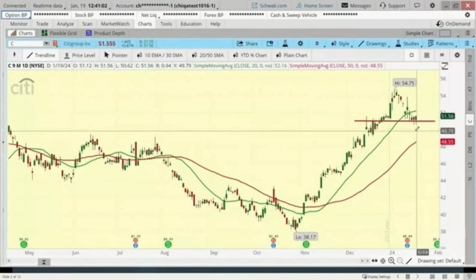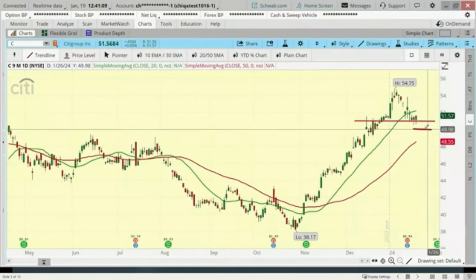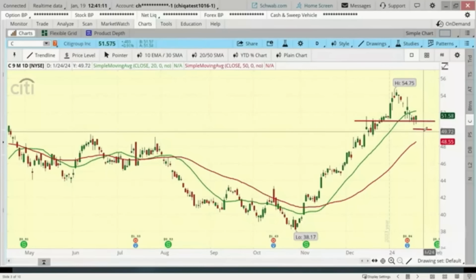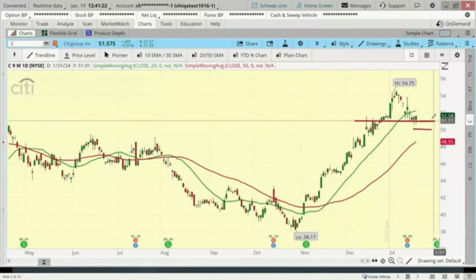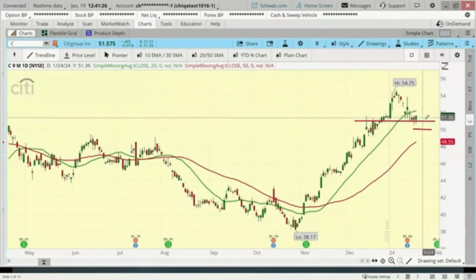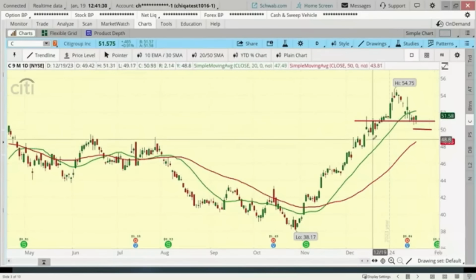If you don't think the stock's going to stay above 50, which is right about there, then you probably want to do this trade. Again, we'll probably exit before expiration on this. About a week before expiration is often a time we target. But hopefully we're going to get a bounce, or even if it goes sideways, we're okay on this, as long as the stock stays above $50. This is a short put vertical.